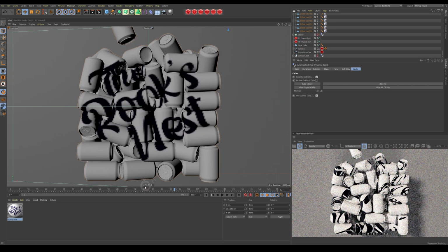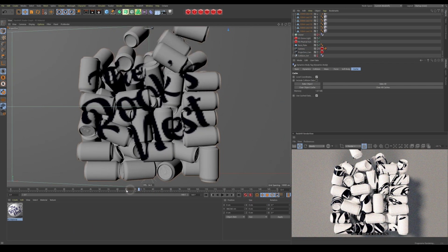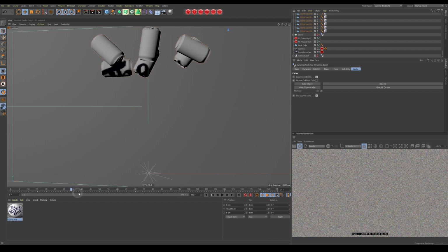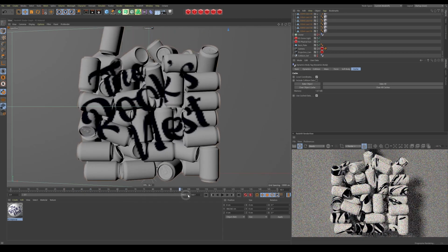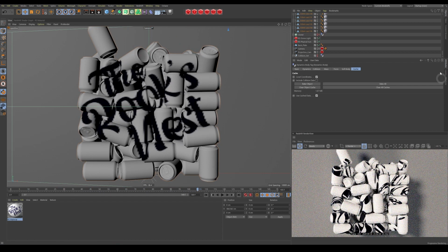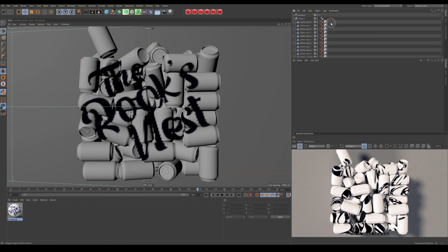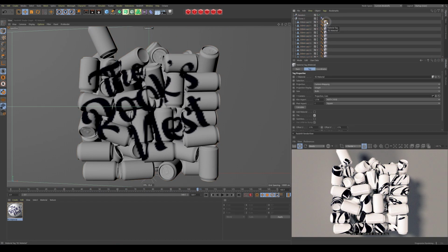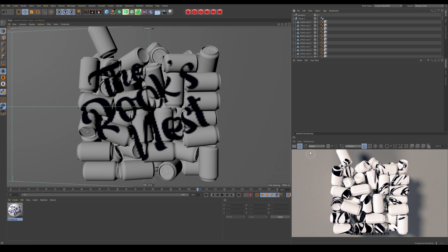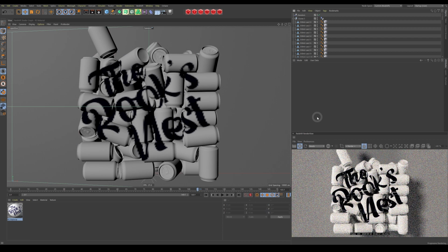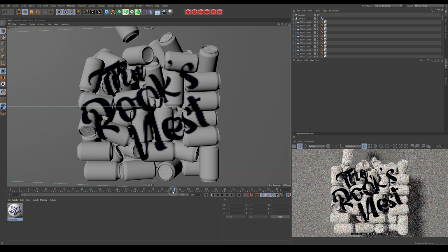Look, there we have our cans, but as you notice, this is all messed up. All our settings are correct, but it's looking messed up in here. Just refresh it just to make sure. There you go. But still, if we move this,